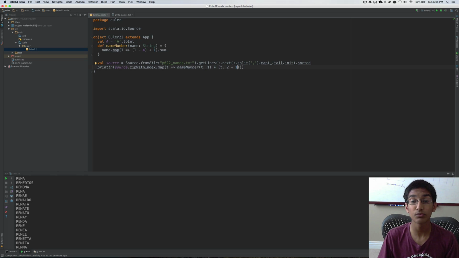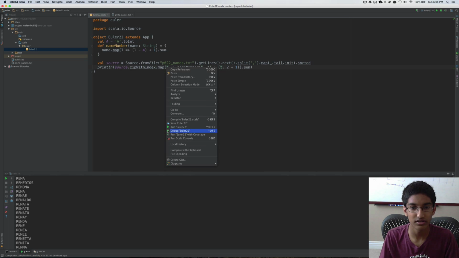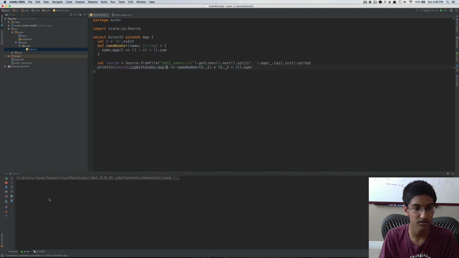When we do zipWithIndex, it gives us indexes starting from 0, but in this problem we need to treat the first element as having index 1. That's why we're adding 1 here. Now that we have all of these, all we have to do is sum them up. We can run it, and we have our answer,